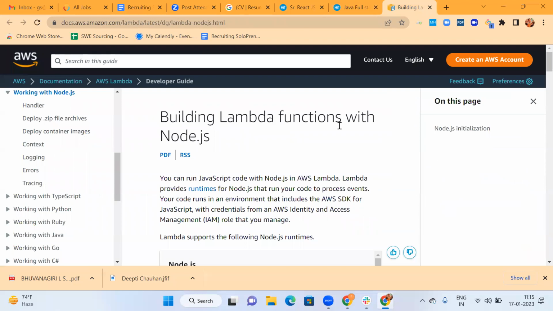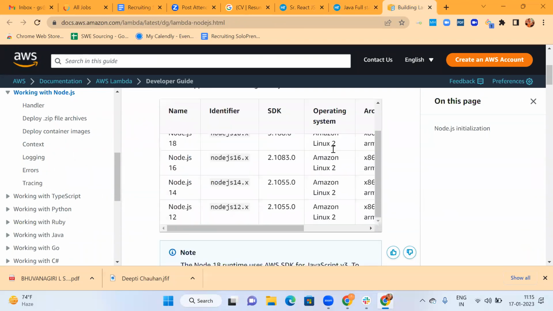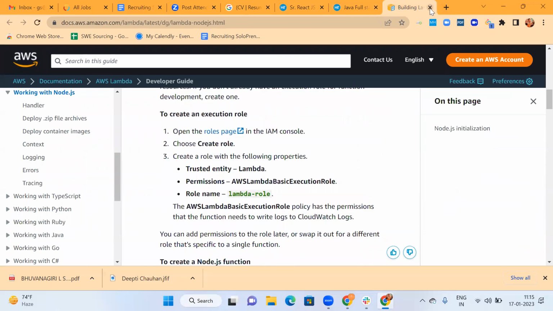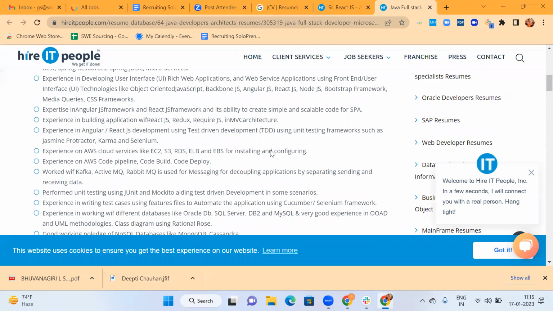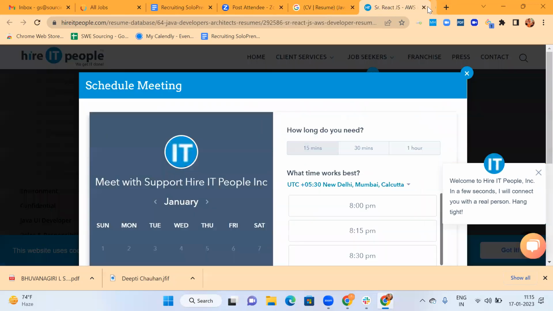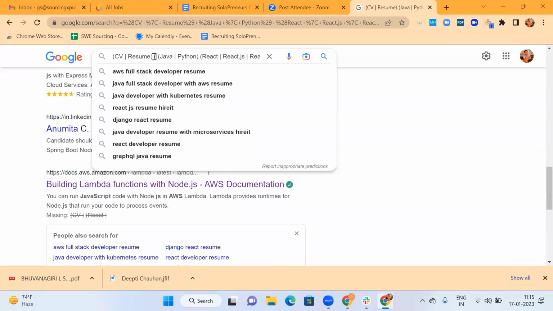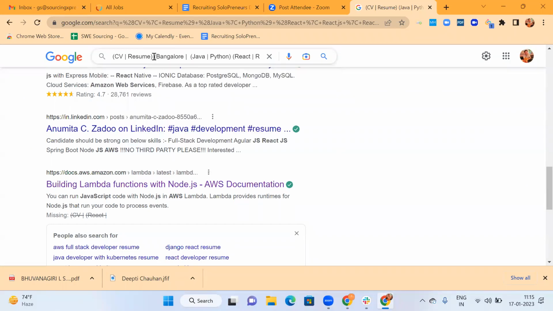Okay, so again here, building Lambda, some results from the AWS developer guide. All this we really don't want. What we need is pure-play resumes. So additionally, let's give Bangalore or Hyderabad, or let's say India.